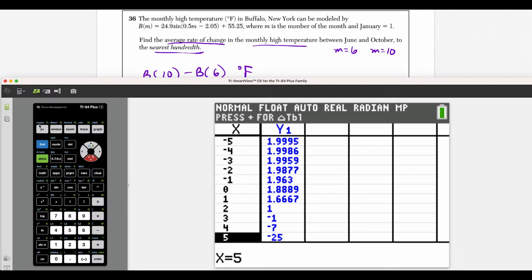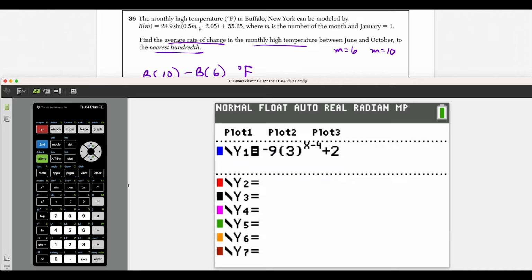Now, one thing here, we should make sure that we're in radians because we're typing in a trig function into the y equal spot here. So what we're going to do is we have 24.9 and then we have sine of 0.5 m, but we're going to use x instead. And then we have minus 2.05. And then we close this. And we're going to write plus